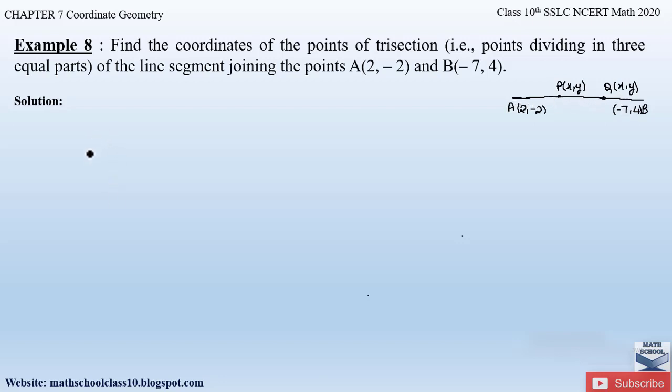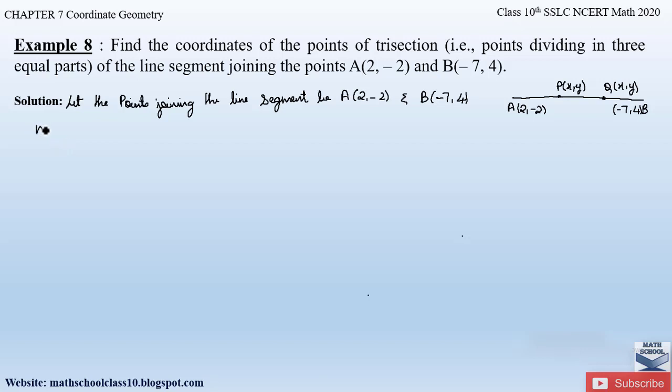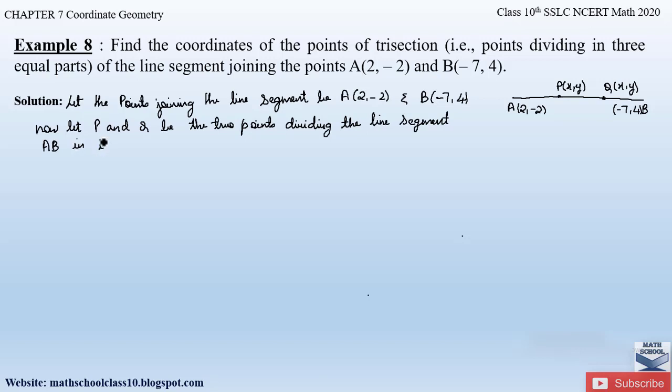Let us first write down: let point A be (2, -2) and point B be (-7, 4). The points P and Q are the 2 points on AB. Let P and Q be the 2 points dividing the line segment AB in 3 equal parts, or trisection. Since the 2 points P and Q divide the line segment into 3 equal parts, the ratio in which they are divided will be equal. For example, the ratio can be 2:2:2